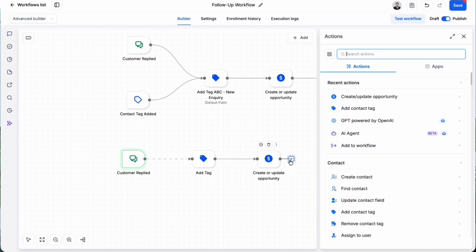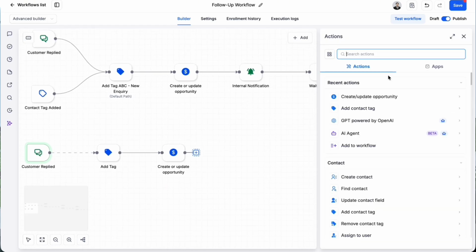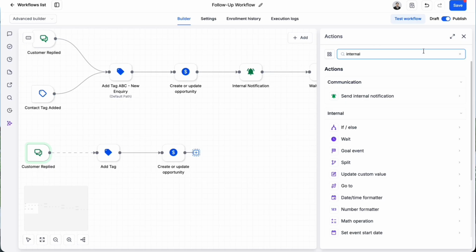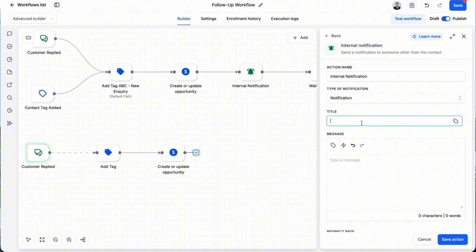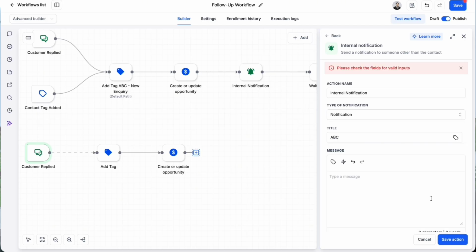And then later we add an internal notification. This one means you're gonna create an internal notification for certain people. Probably for this one I'll just use notification on the apps, because you can just download the apps and put it there. Probably this one, let's just copy this. Let me use ABC first because I want to see what kind of